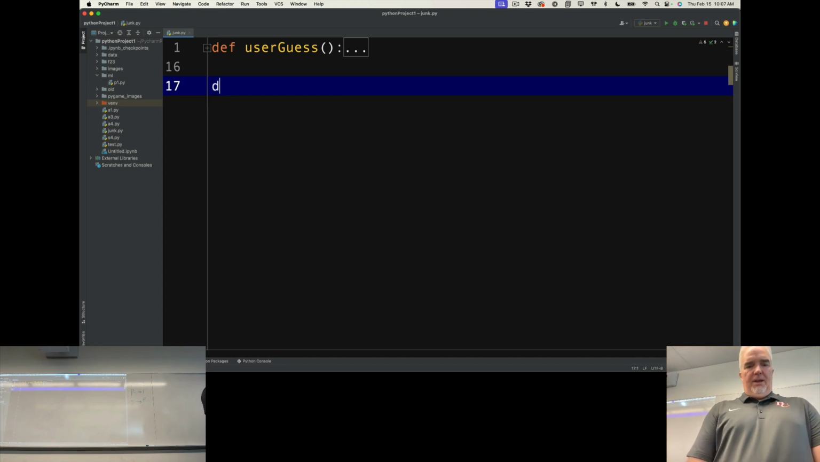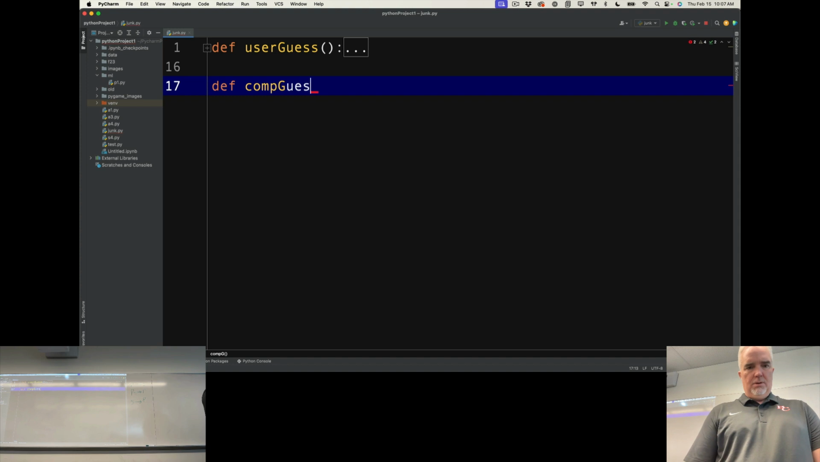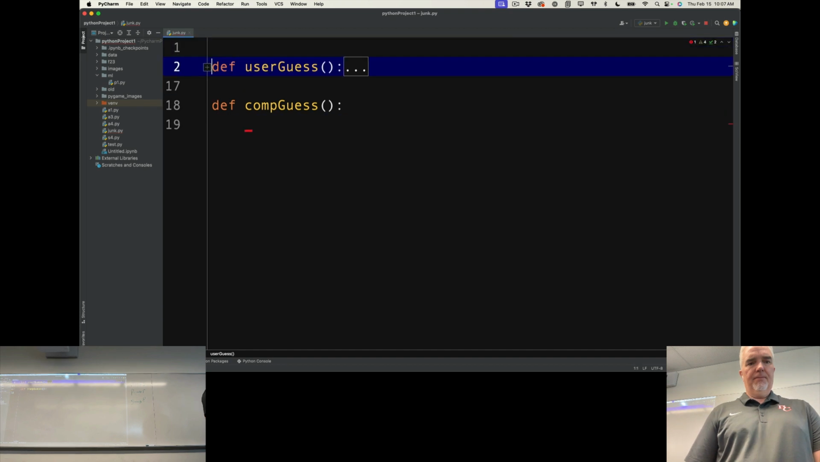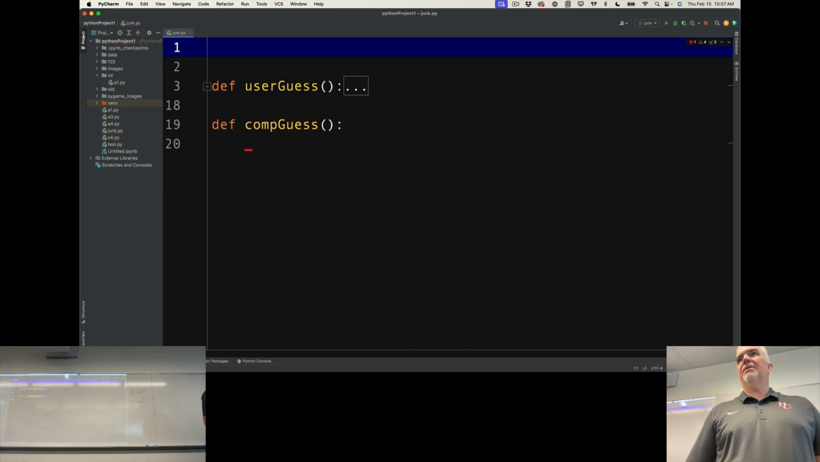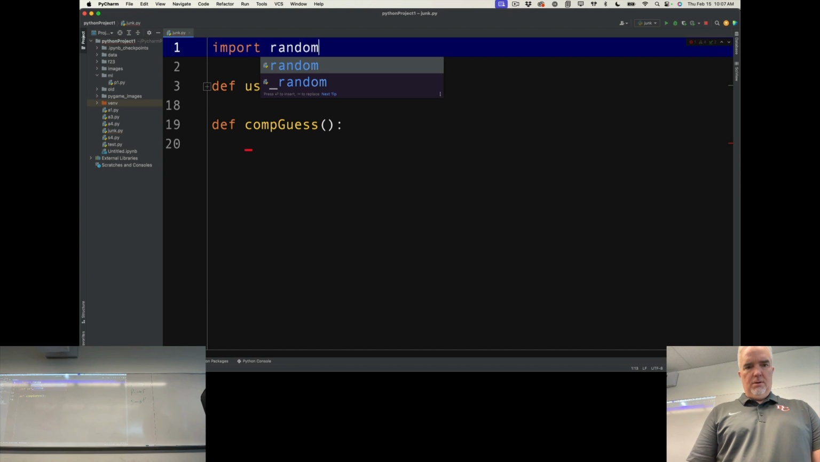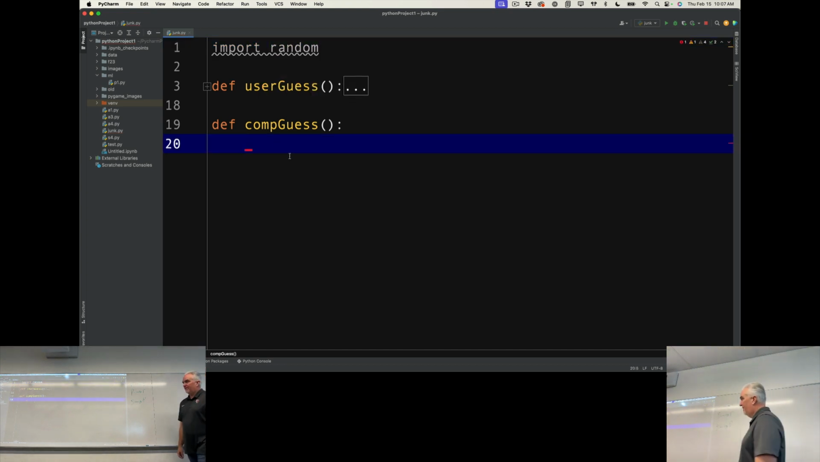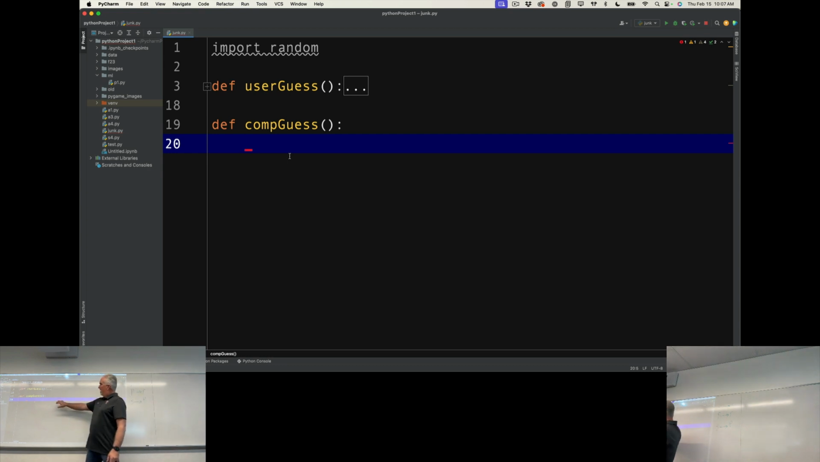Let's check out the computer guess. And again, that's just going to be a return something. Now the computer guess is a little different because I need to use that random import. I'm going to use that random module again. So I'll put that up at the very top. For my computer guess,